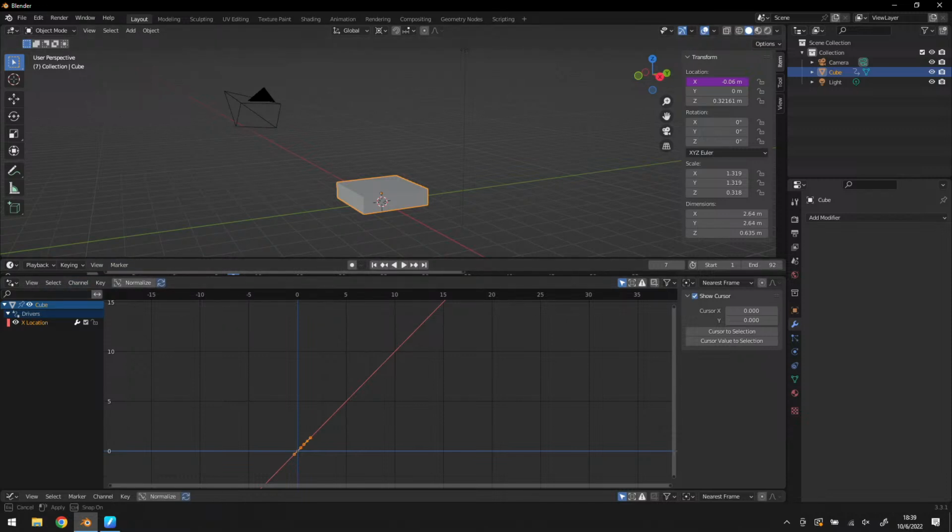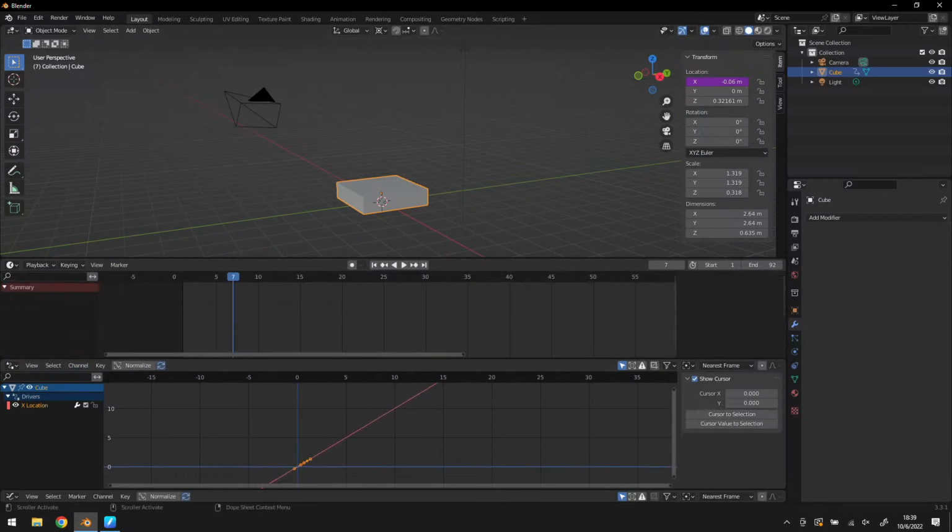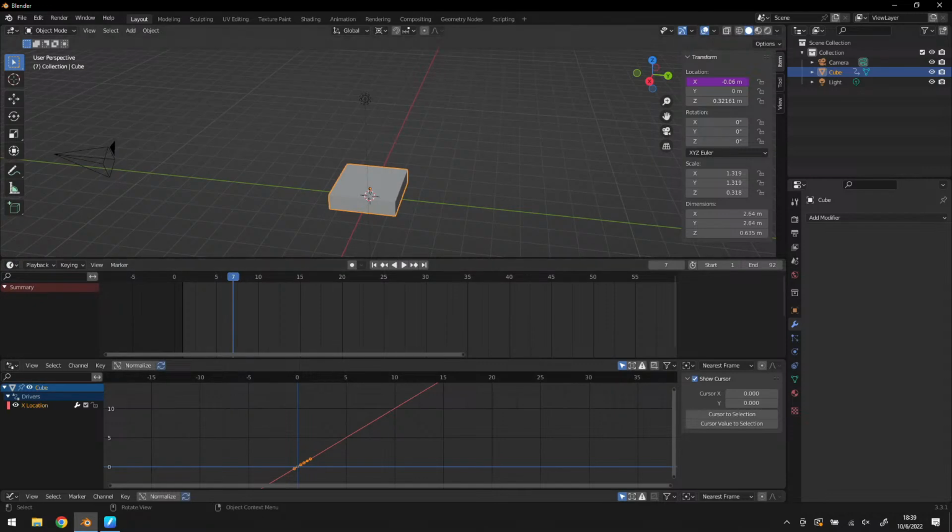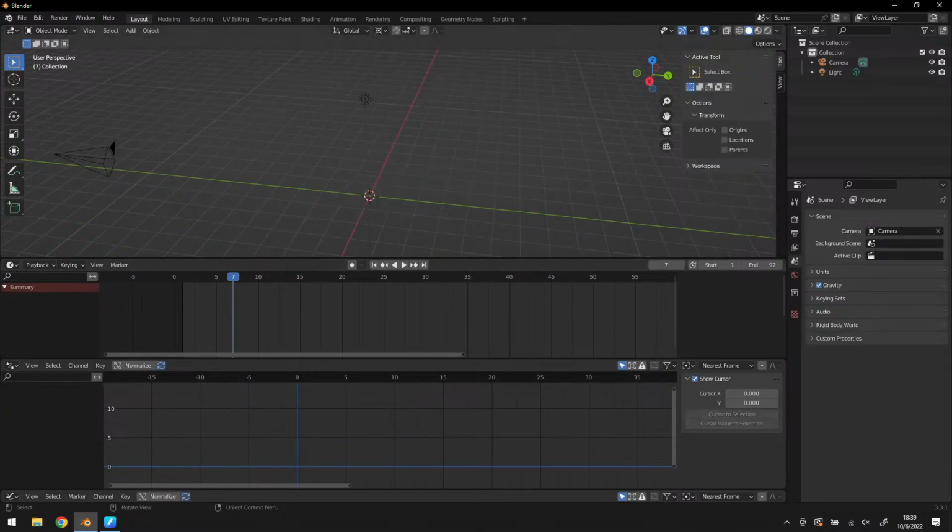You can also use drivers for animation too, for bones and things like that in a character's rig. Speaking of bones, for those of you sticking a little bit more with 3D animation here for a second, and then I'll show you some 2D stuff. Adding a bone in Blender